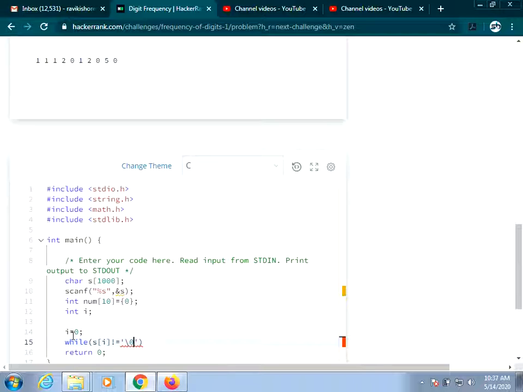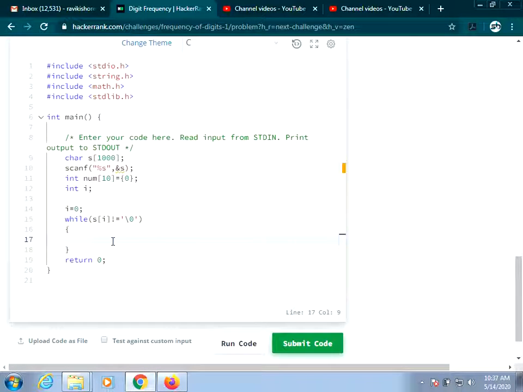I think you can understand, while using strings you have to use this particular line to tell whether we have reached the null character or not. That is, you will be checking the string characters one by one from starting 0 until you reach the null character.